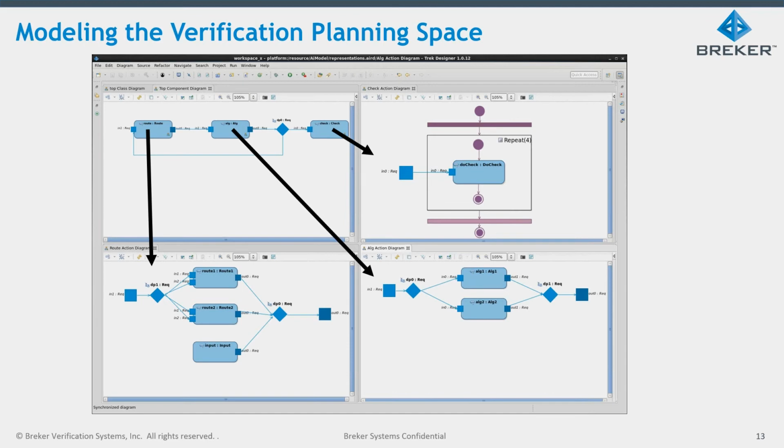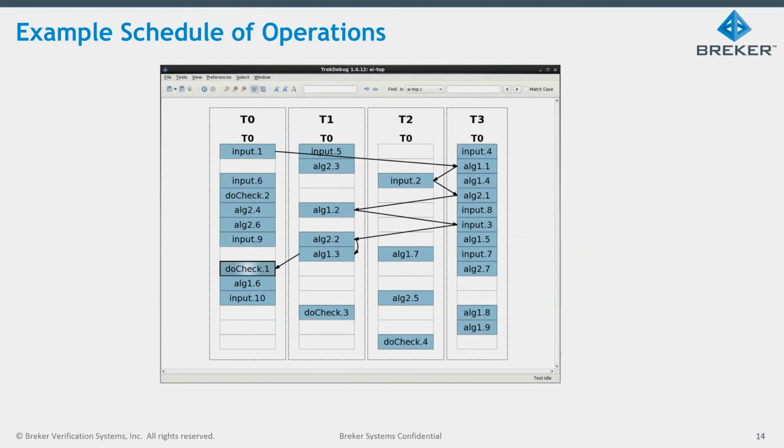So what it allows us to do is create some fairly small models that can generate some fairly interesting tests. And when you see the nature of the tests that are spat out of a planner like this, what we're seeing over here is a schedule. We have 4 threads running for this little example. Each of these do checks are the terminal of a sequence, right? Terminal of one scenario. And for example, this check is coming through these algorithms and using this input, and then coming through these algorithms and using this input. And you can see the scheduling that's being done on the different threads to bring the scenario together, right?